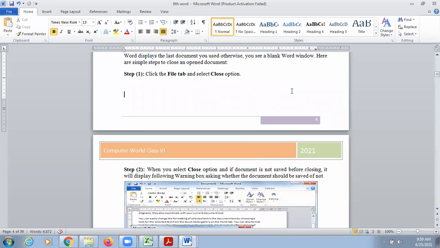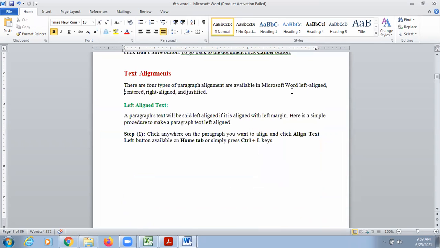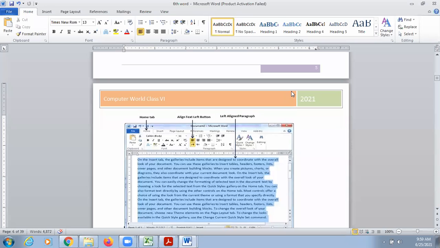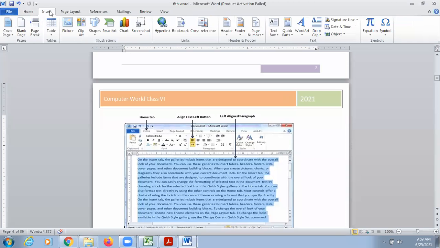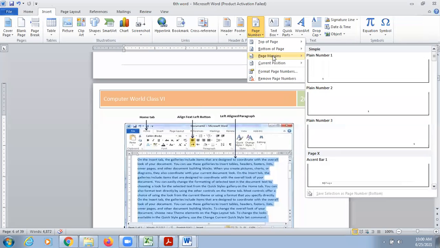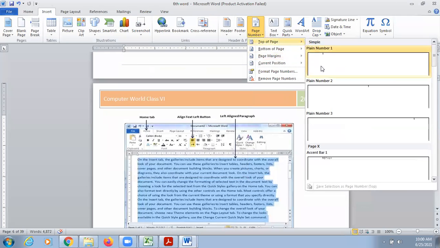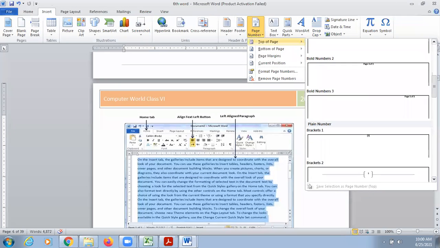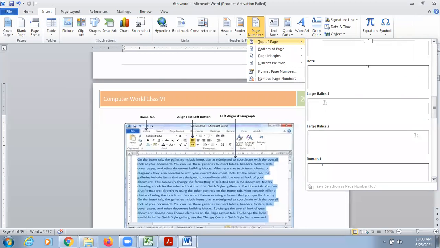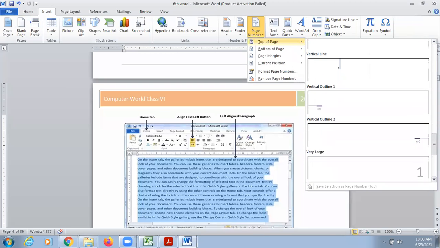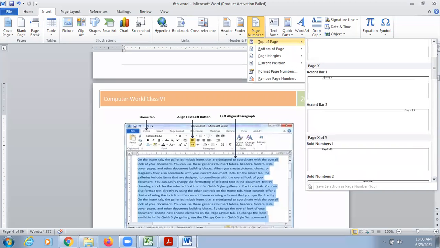So like this, you can add different headers and footers. Header will remain common for all the pages, and footer will always remain common for all the pages. But if you are inserting page numbers, then it will differ. We have one more method of inserting the page numbers. You can go to the insert tab, go to page numbers, and choose. There are different designs of page numbers. So you can choose the page numbers from here also. That is your choice, how you want it and which design you want for your page numbers. Right? So in this way.